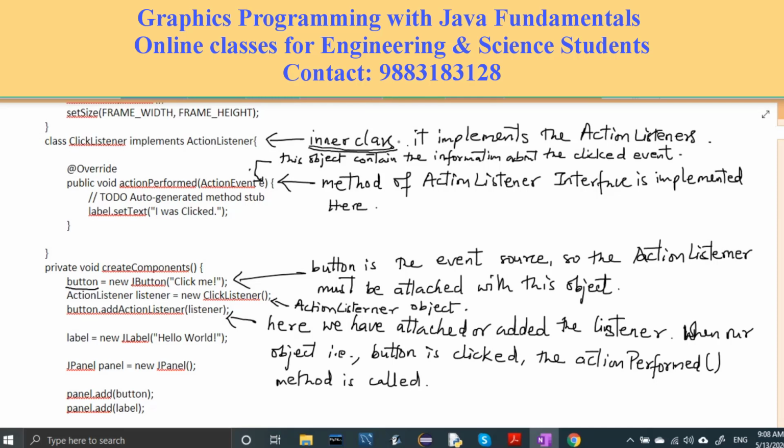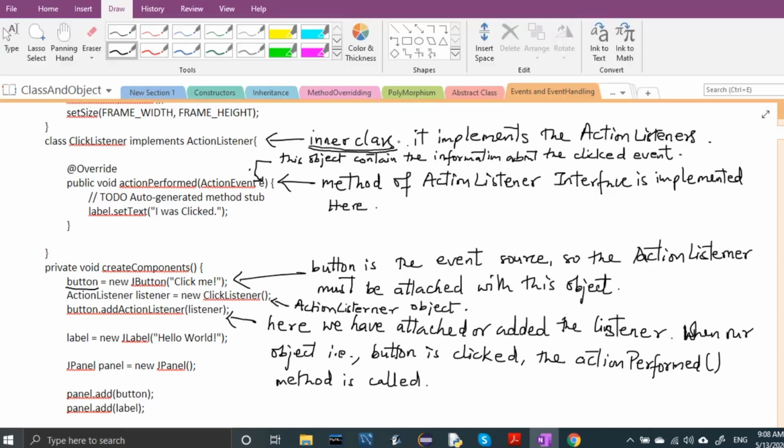This feature is particularly useful when implementing event handlers. It allows the inner class to access variables without having to receive them as constructor or method arguments. This is a very good feature, right? Understood?